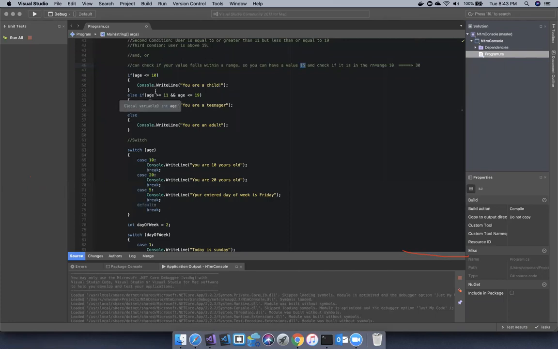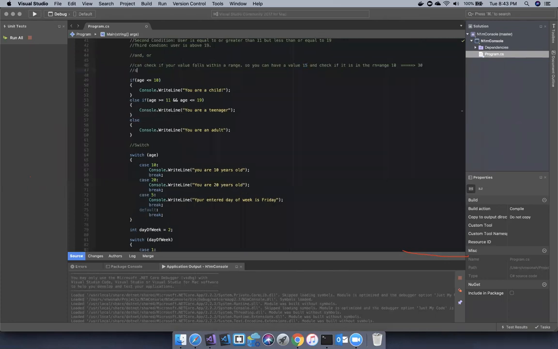Here we're saying if age is between 11 and 19. That is what we're doing here. Now, that is for the if statement. Now, for the switch statement,